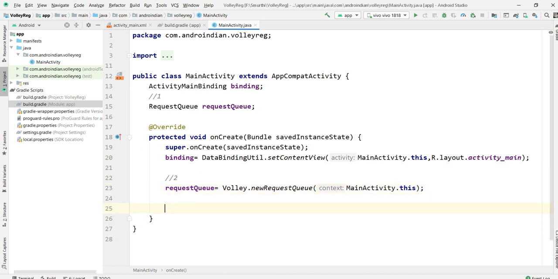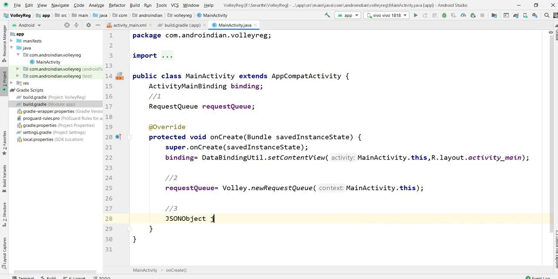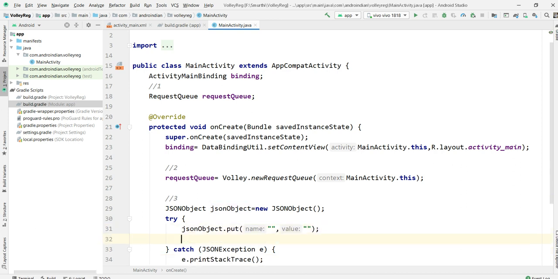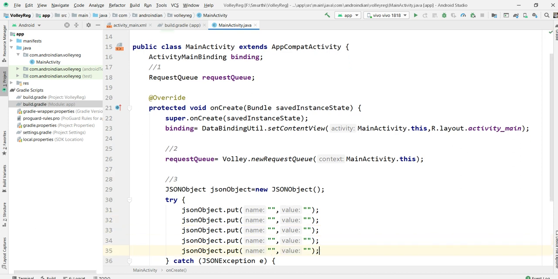Then the next step is the JSON object declaration, meaning how many JSON objects there are in a request. Those JSON objects we need to send here. So here we have a new JSONObject. Here we are sending this JSON object data to the server with put key comma values. We have multiple key comma values. Here it is expecting some exception, and you can add that exception. In this request there are 5: name, mobile number, email ID, password and action. Total there are 5.